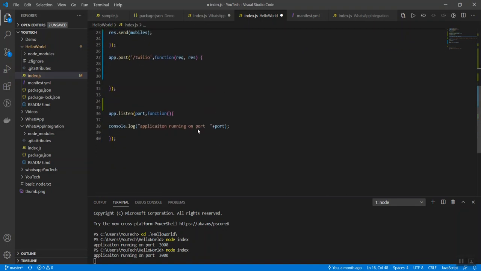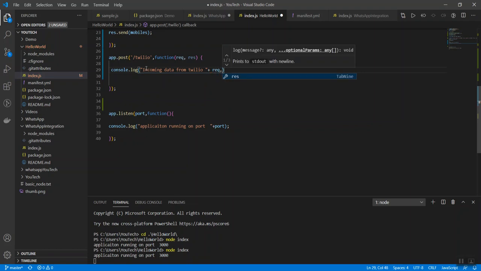It's good. And now let's quickly do a small console log. Whatever data is coming to your Node.js application, just try to print this data, incoming data from Twilio, and then request dot body.